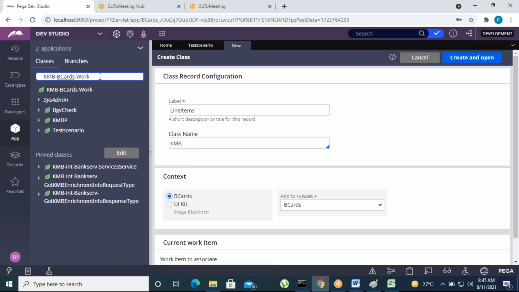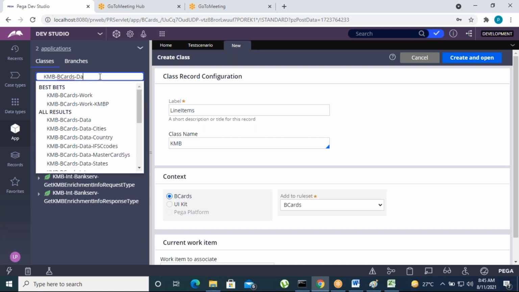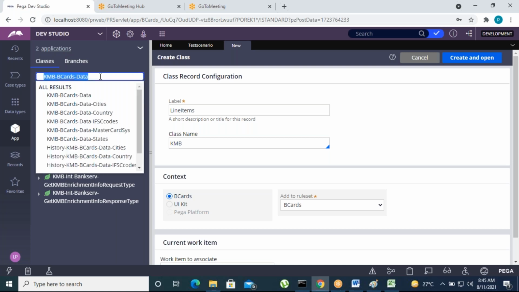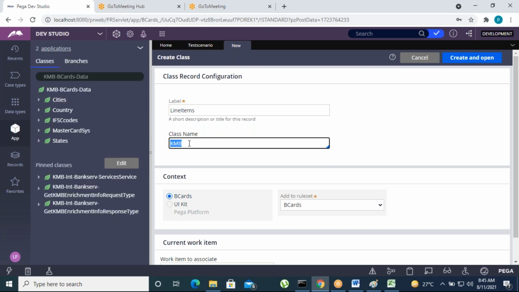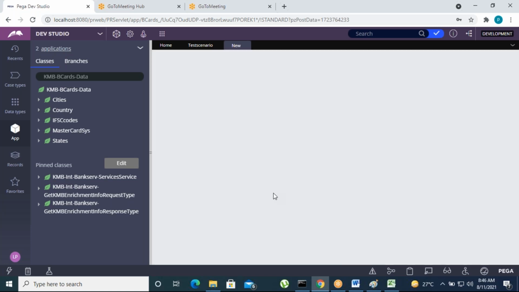If the drop down doesn't appear, copy paste it. This is the class name, line items. Create and open this class.